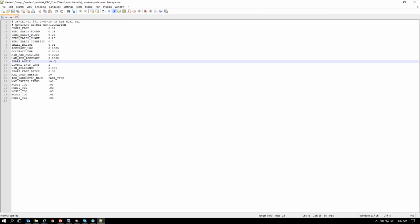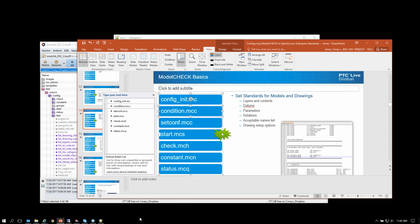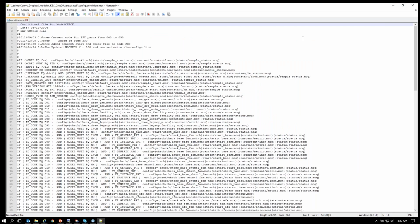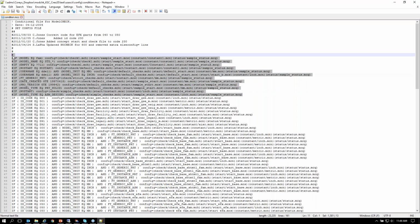Next file type is the condition file. That condition file gives you different types of ways to determine automatically what setup you would like ModelCHECK to run under. PTC did a pretty good job of listing out some examples. So these first few lines are examples that PTC supplied inside of the out-of-the-box configuration. The next lines are lines that we added here on how we would want different setups inside of ModelCHECK